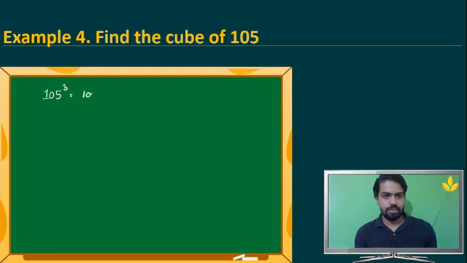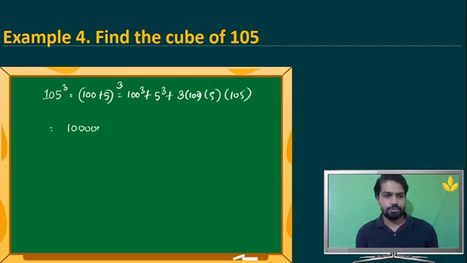So this can be seen as 100 plus 5 whole cube. Again, we are going to see it as 100 cube plus 5 cube plus 3 into 100 into 5 into 105. So 100 cube is 1 followed by 6 zeros, so it is 10 lakh, 1 million you can say, plus 25 plus 300 into 5 is